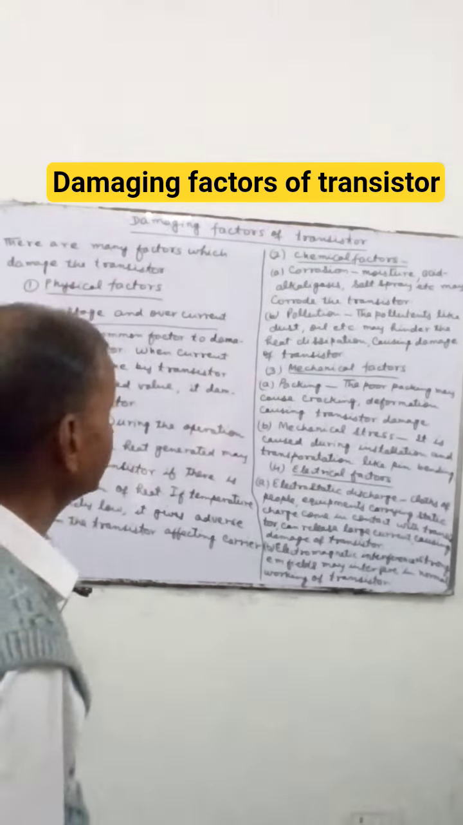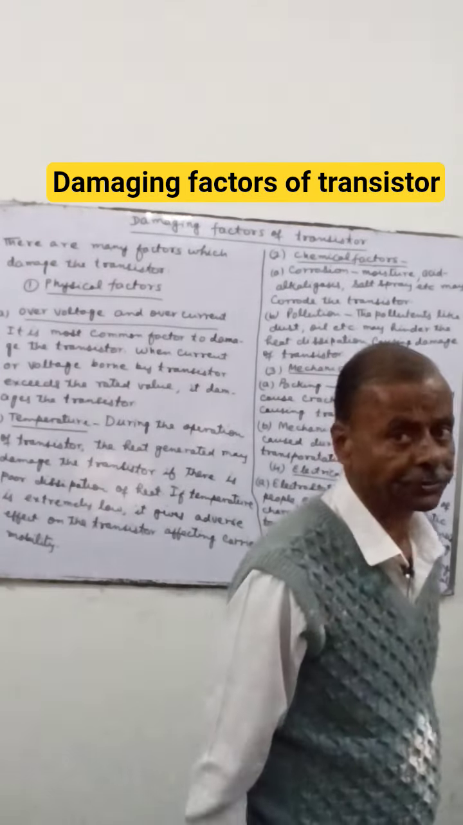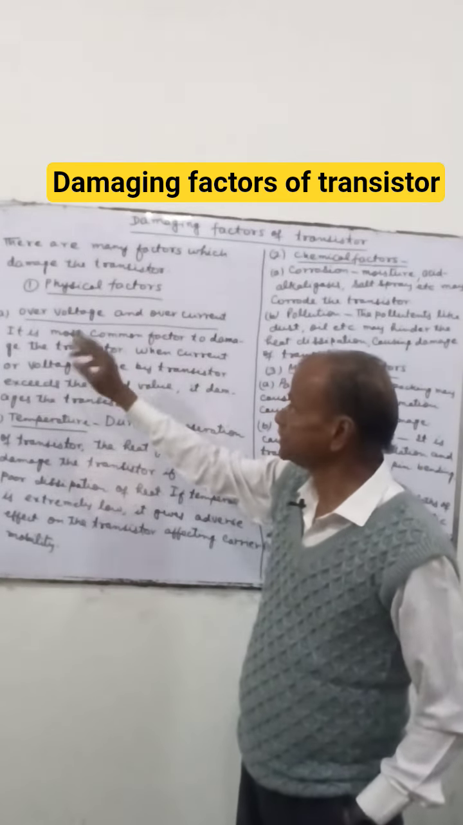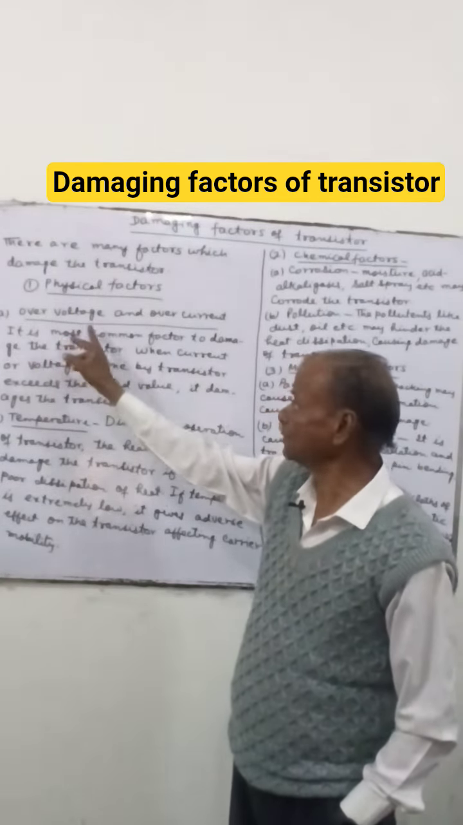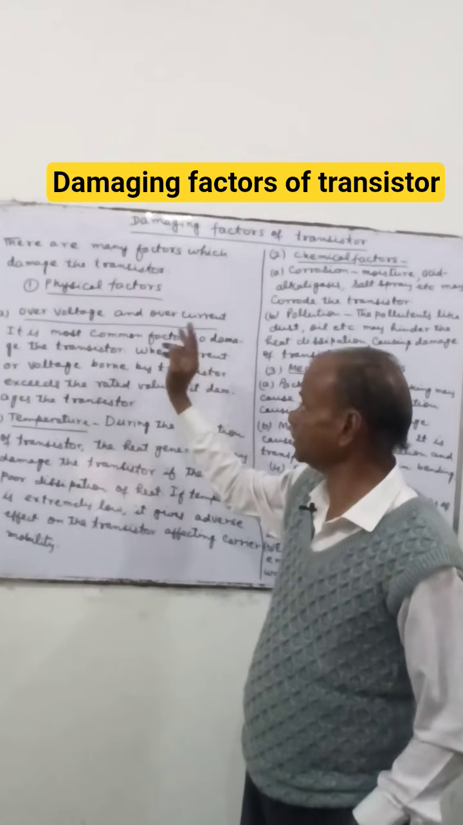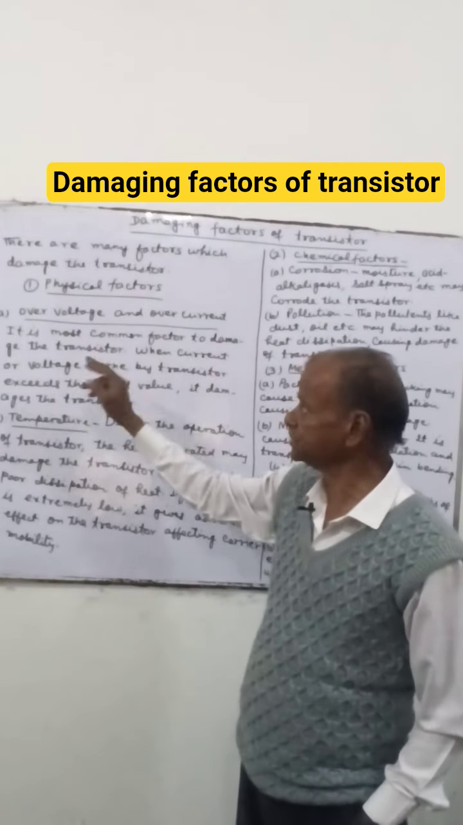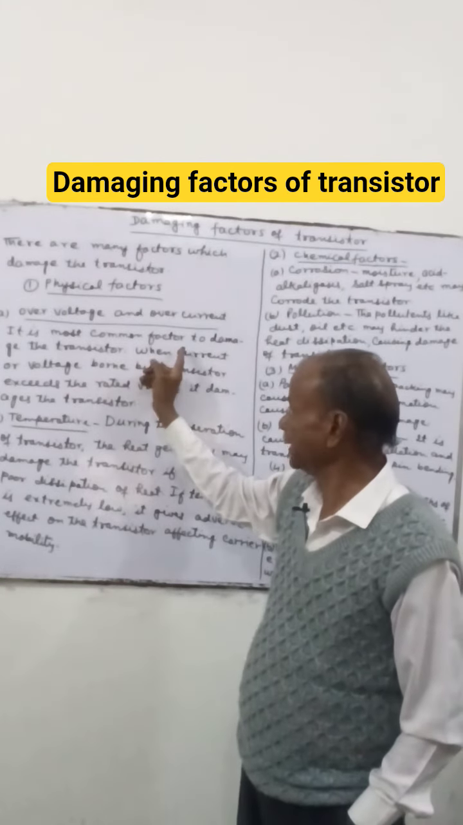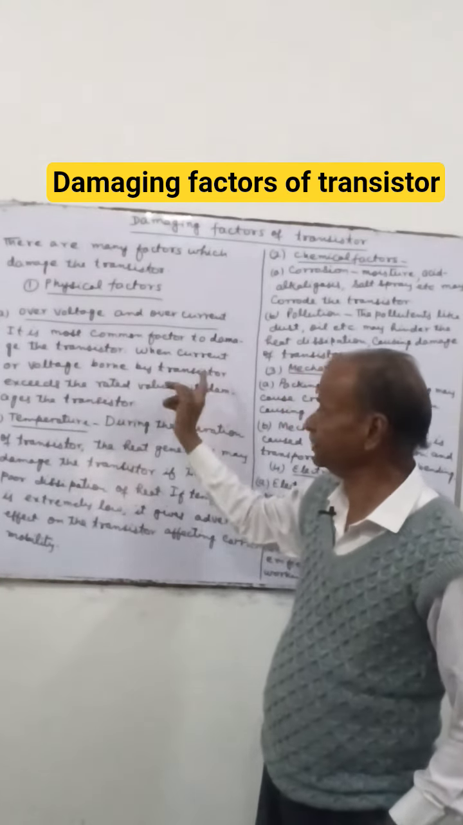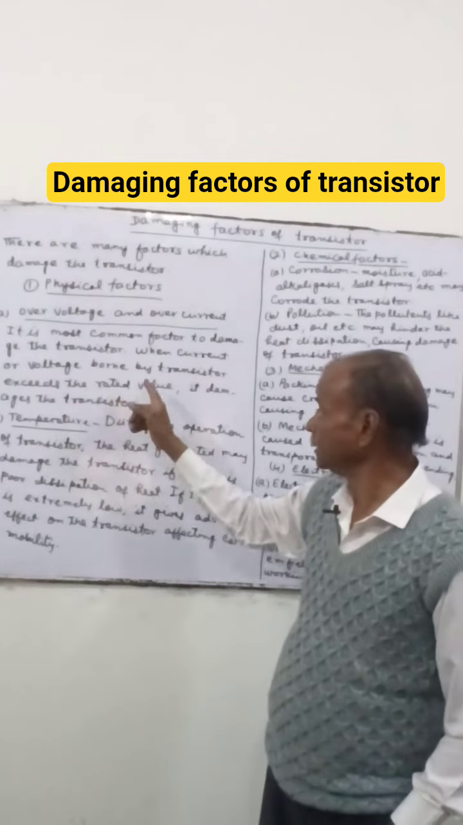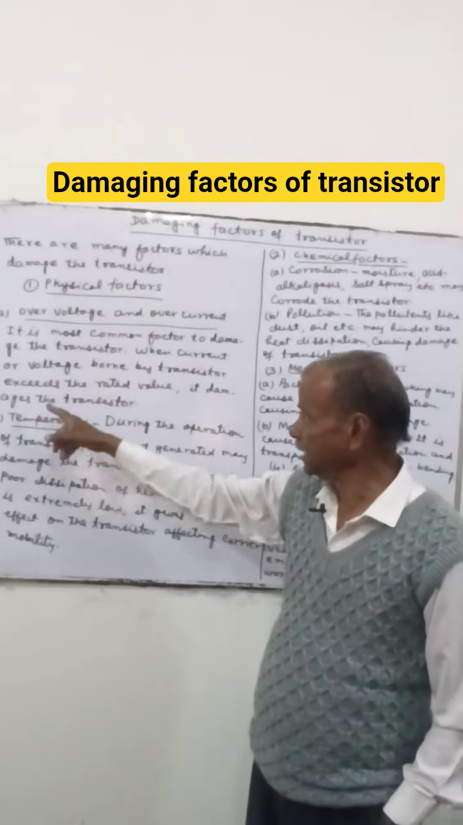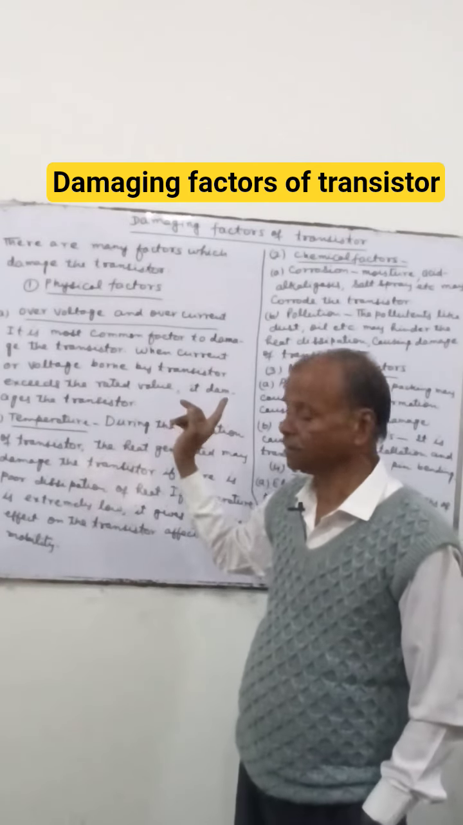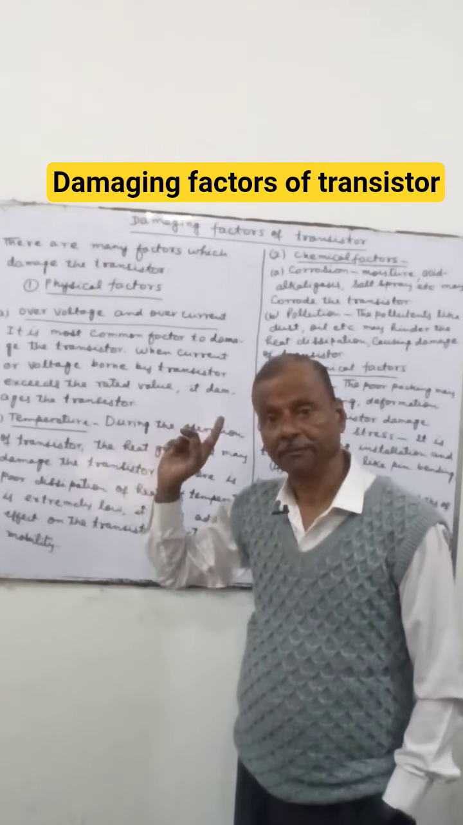Damaging factors of transistor. There are so many factors which damage the transistor. The physical factors. In physical factors, the first is the overload and over voltage and over current. It is the most common factor to damage the transistor. When the current or voltage borne by the transistor exceeds the rated value, in that case the junctions break down